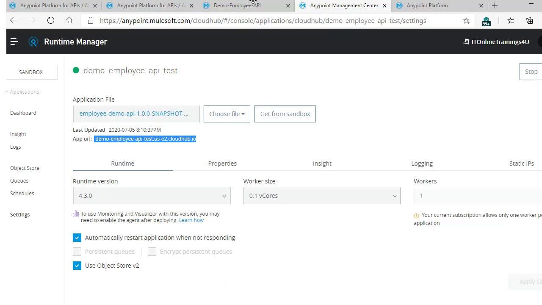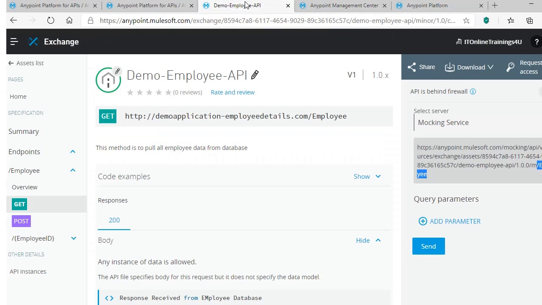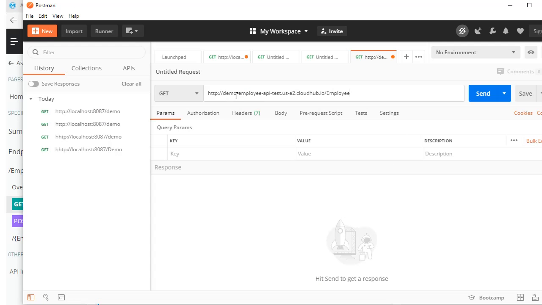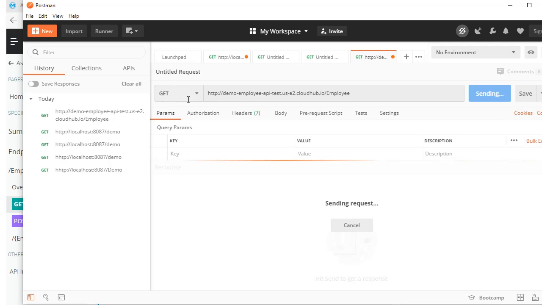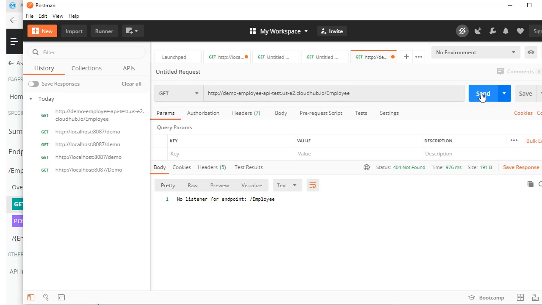This is the RAML resource path we have given actually to pull all the employee details. This is the resource path, if you remember, in our example. Okay, so this is our CloudHub URL, endpoint URL. If someone asked you to provide, like a client who is consuming our MuleSoft API, they will ask for our MuleSoft endpoint URL. So this is how you need to provide your endpoint URL to the clients. Okay, let's click on it. This is get method only as we configured in our REST API. So let's click on it.